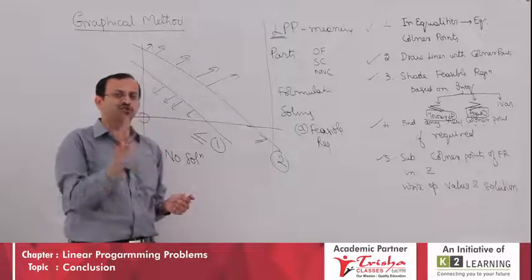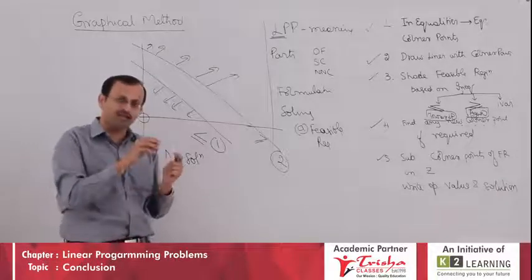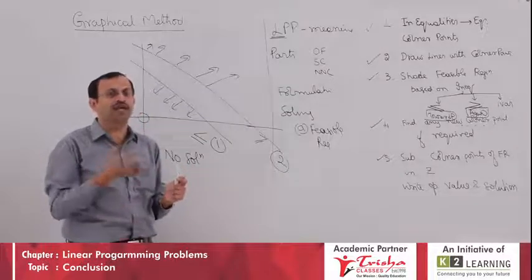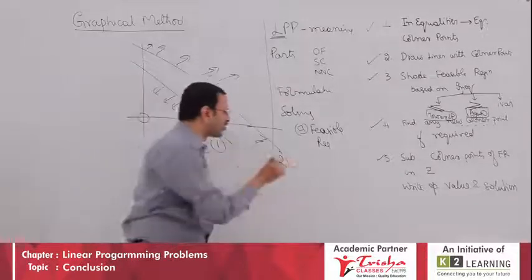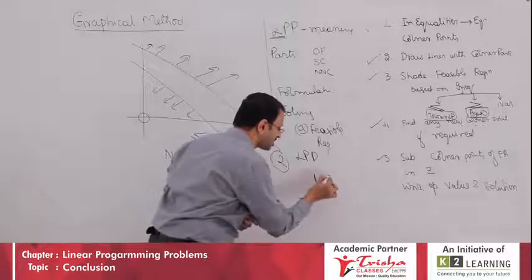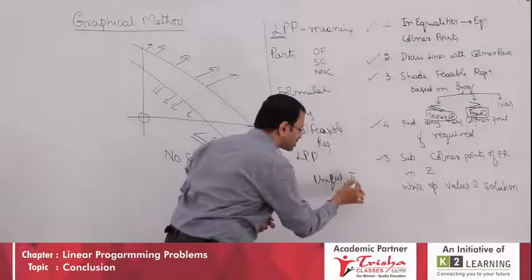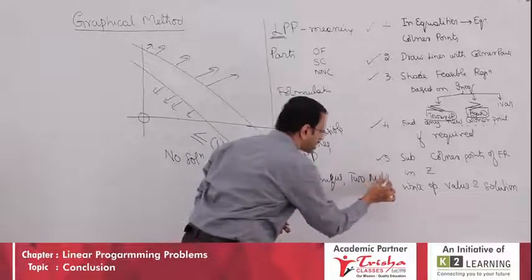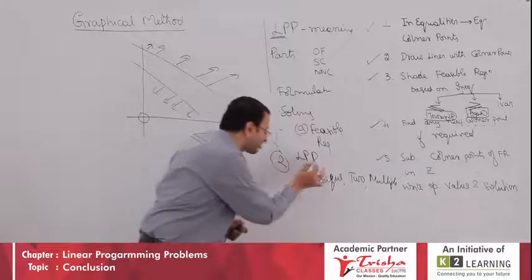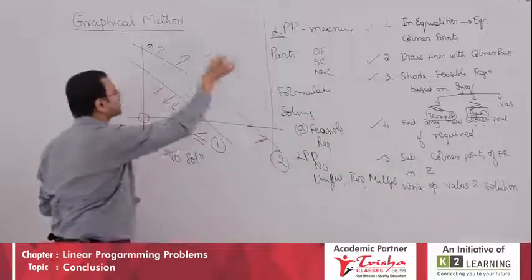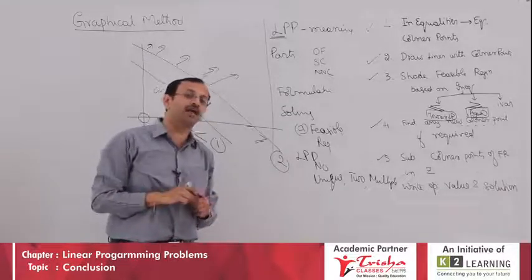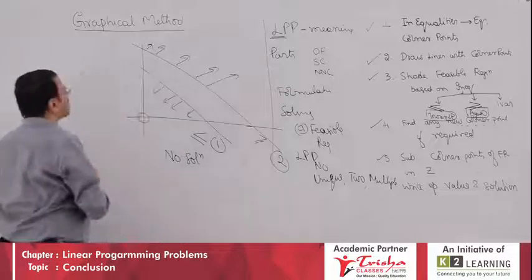When you substitute, we may get 1 solution, or we may get 2 solutions, or we may get multiple solutions. Therefore, LPP may have 1, called unique solution, 2 solutions, multiple solutions. Can LPP have no solution? Definitely yes. If it is the case, no common region, there is no solution. Can LPP have unbounded solution? If at all it is,